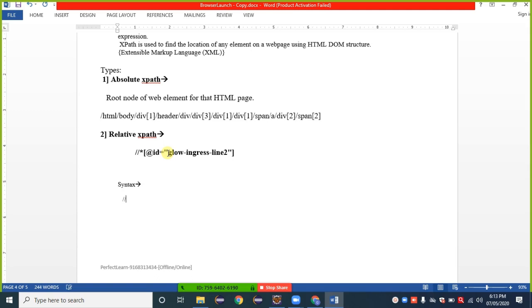Two forward slashes, then tag name, square bracket, @ sign, then attribute is equal to a single quote, and inside that provide the attribute value, or simply a value. You can give any attribute value, that is a value directly. Okay, so this one is the syntax of a relative XPath.